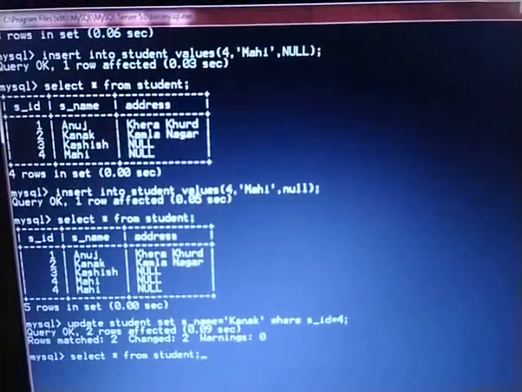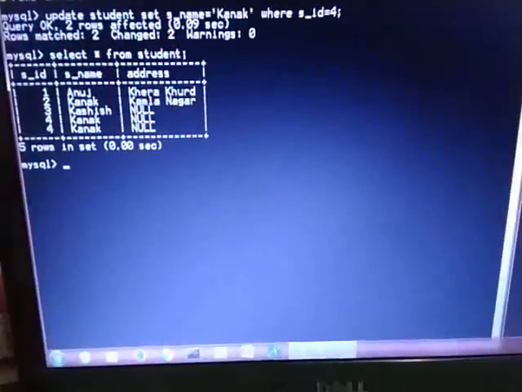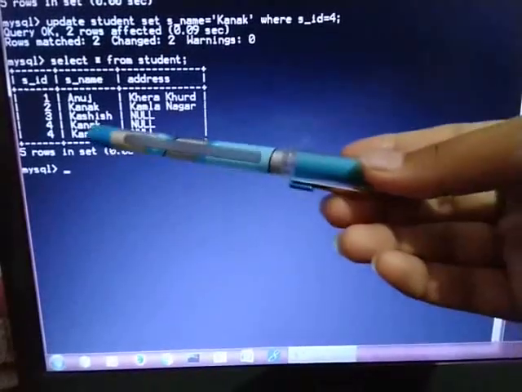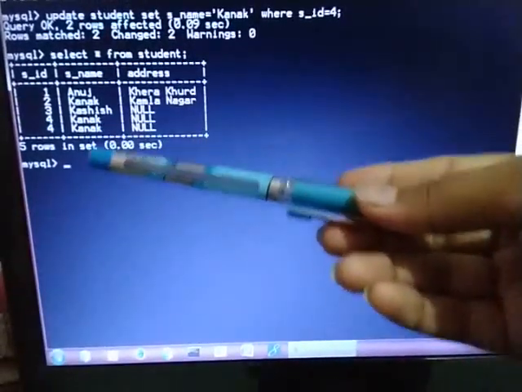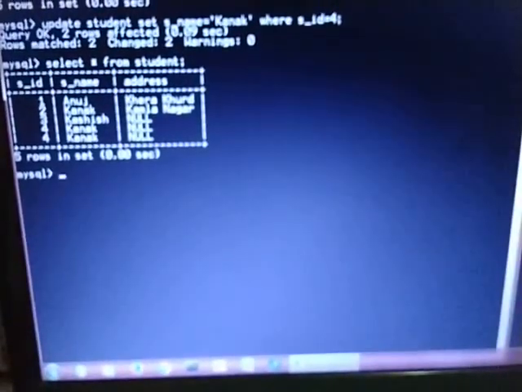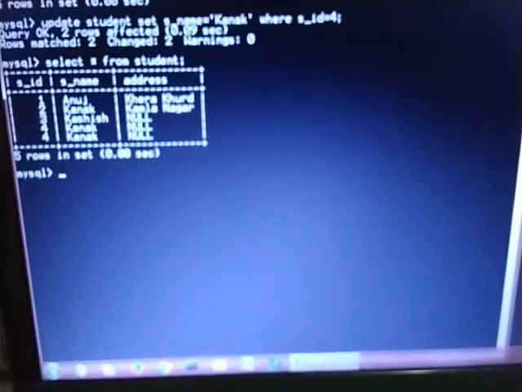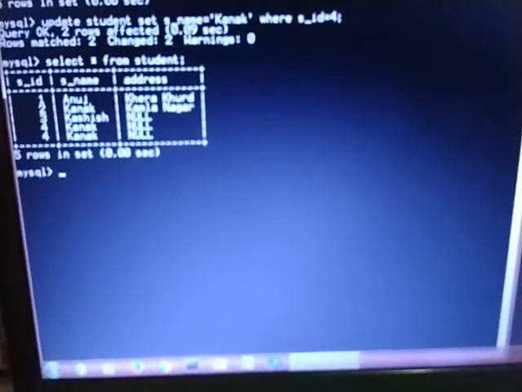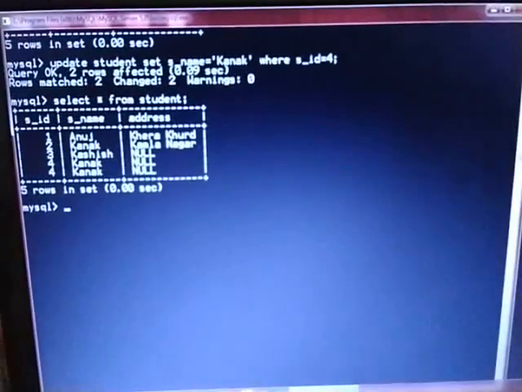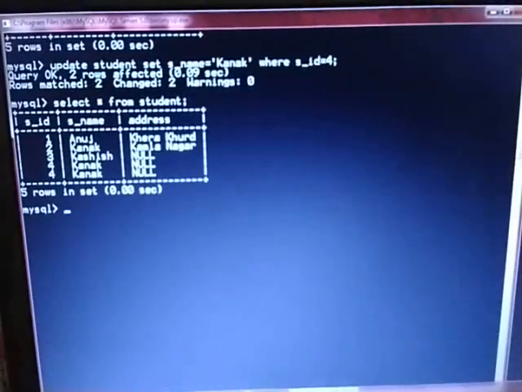Now again I am going to write the command select asterisk from student. See, in the previous table we had Mahi's record at ID number 4, but now we are having Kanak's record. Fine. Now we want to enter the value of address where the S name is Kashish. What do I have to do? I have to add the value of address whose student name is Kashish.